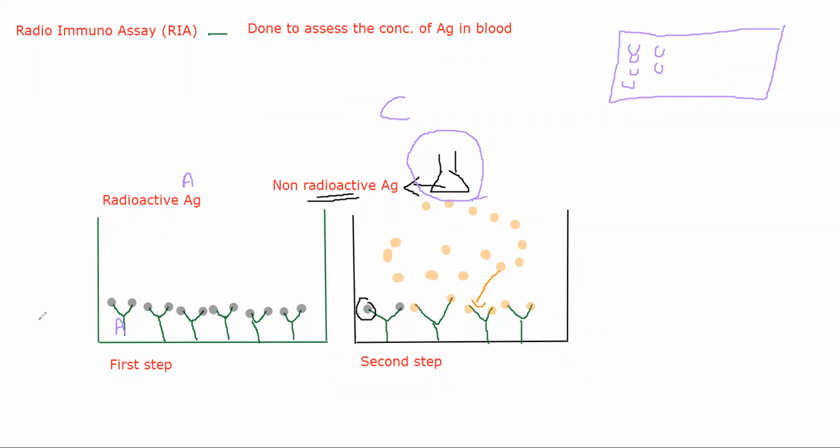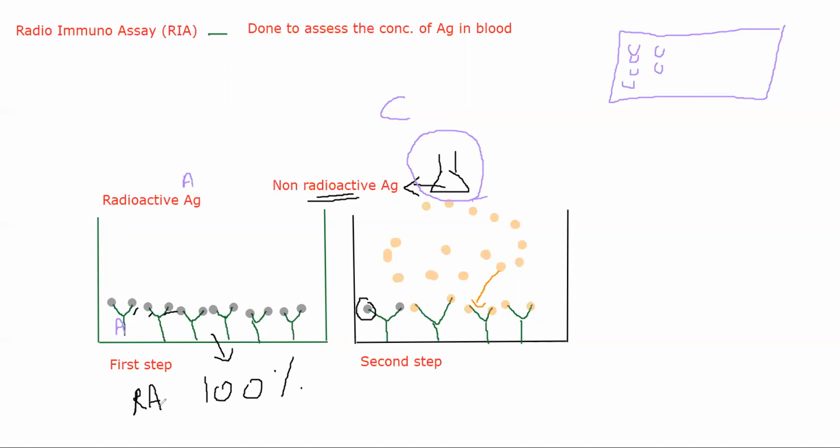Okay, here what I will do is I will measure the radioactivity. Now I know that this will have 100% radioactivity because all the antigens that I have coated are radioactive. So whenever I check the radioactivity of that particular well, I will have 100% radioactivity. Correct? Is it making sense till here?